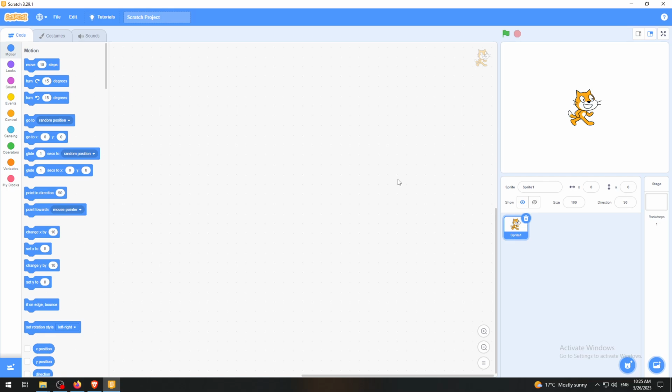For those in a hurry, there is no simple way to delete old broadcast messages, custom messages which you have created, just by, for example, right-clicking on them and picking delete. The only way to do it is by deleting the sprite, the character, the object itself. So right-clicking on it, delete, or click on this delete